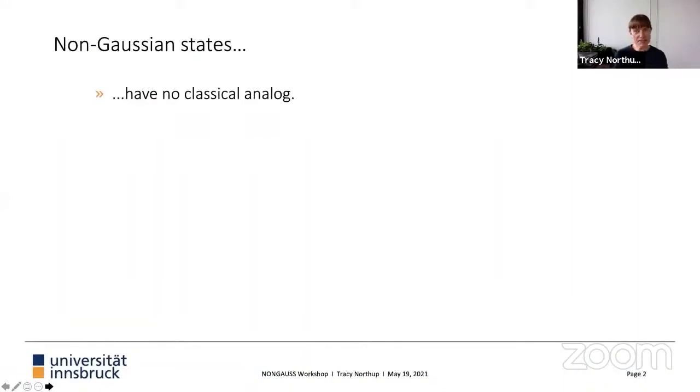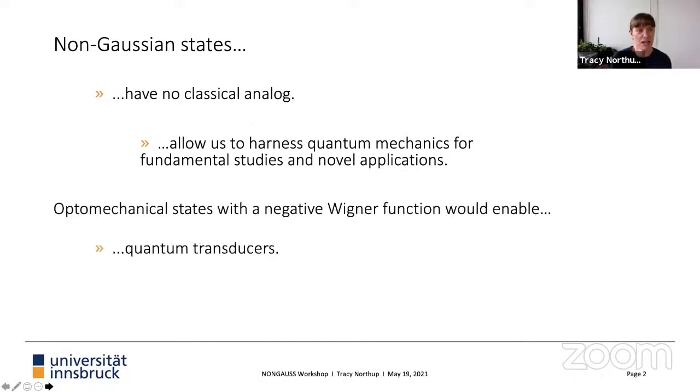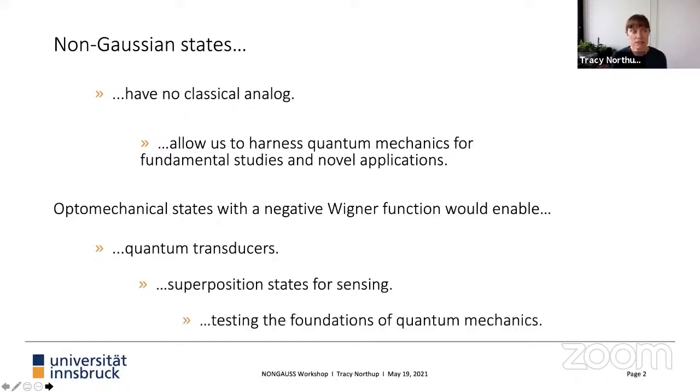So coming back to this theme of non-Gaussian states, as you know, they have no classical analog, and they allow us to harness quantum mechanics for both fundamental studies and novel applications. And so we've already heard talks in the past few days on optomechanical states, because non-Gaussian states of optomechanical systems would enable quantum transducers, superposition states for highly precise sensing, and tests of the foundations of